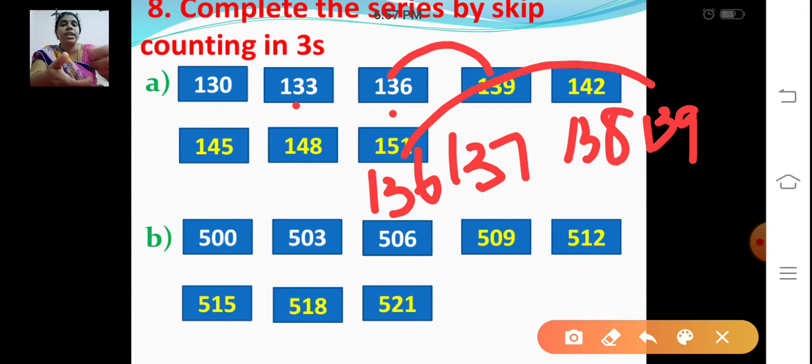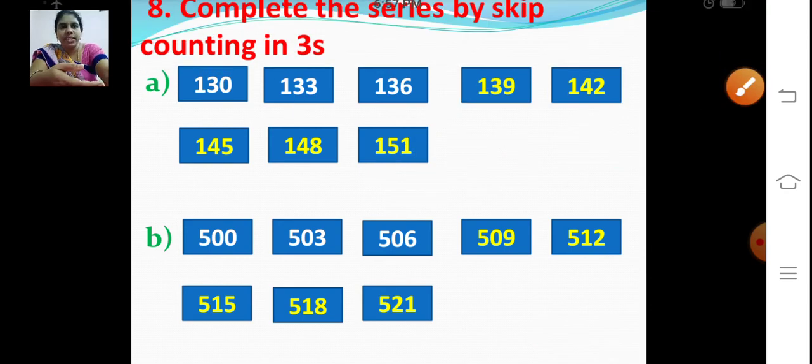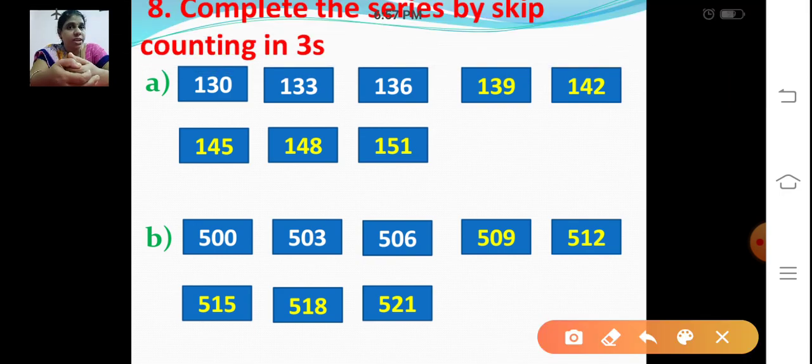You are going to add 3 more to the number. So in between numbers are skipped, right? So from 136 again skip the next 3 numbers: 137, 138, 139, right? 139 inside the box, and from that number again skip 3 more. After 139: 140, 141, 142. So directly jumping from 139 to 142. Now tell me what number it will jump to from 142.